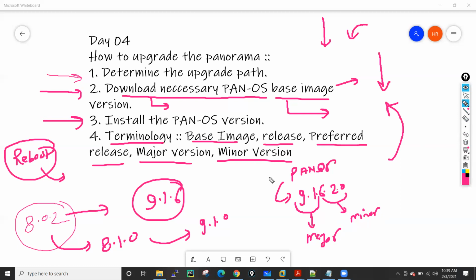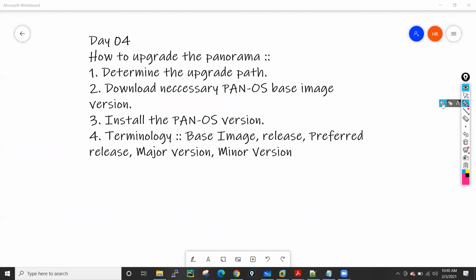Base image means, let's suppose Palo Alto have released a new OS. Let's suppose they are running 8.0.0, right? And now Palo Alto releases a new PanOS 8.0.1. Then they have released a few other patches like 8.1.0, 8.1.1 or 8.1.2, like this, 8.1.3, right?